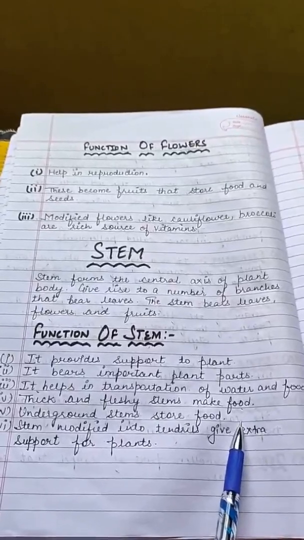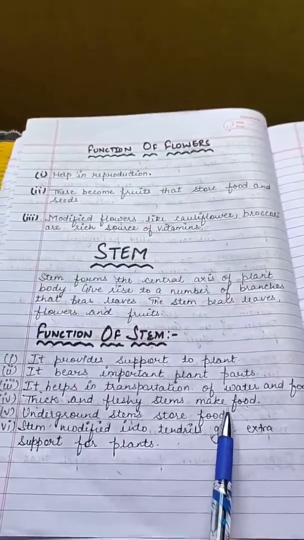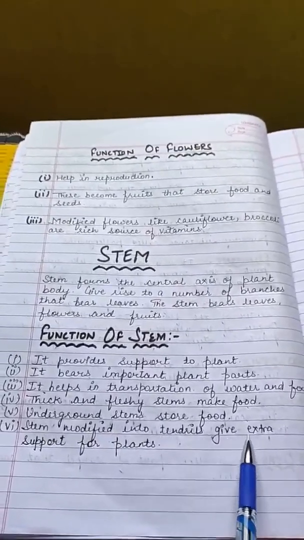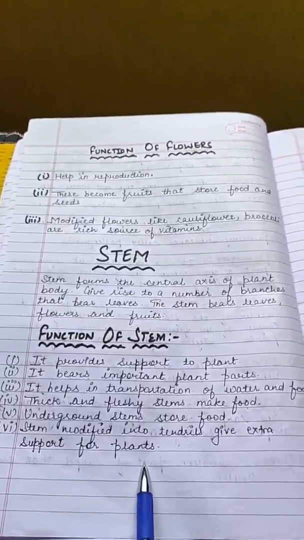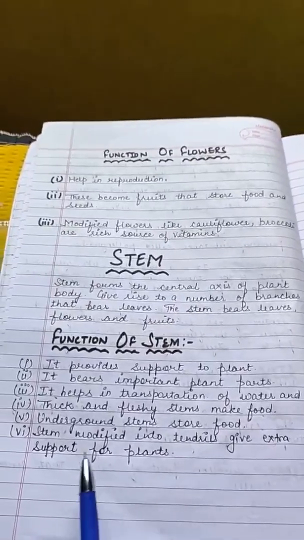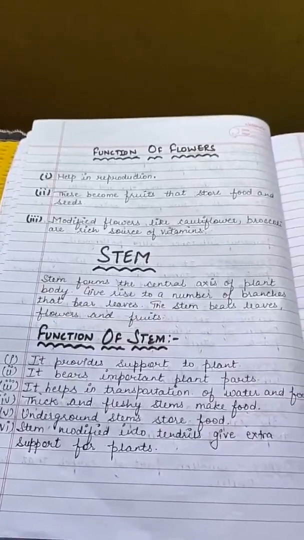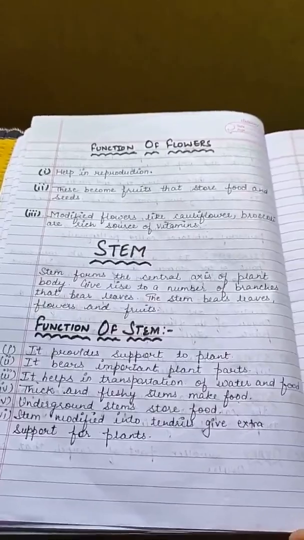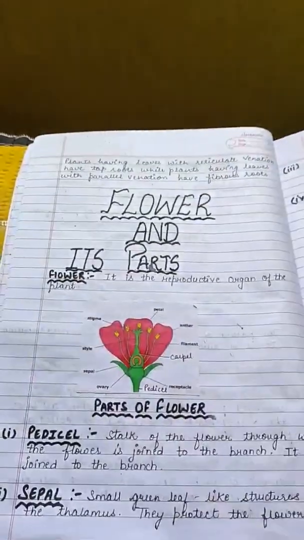Underground stems like radish and carrot store food. Stems modified into tendrils give extra support to plants. So I hope you have understood these topics, that what are the